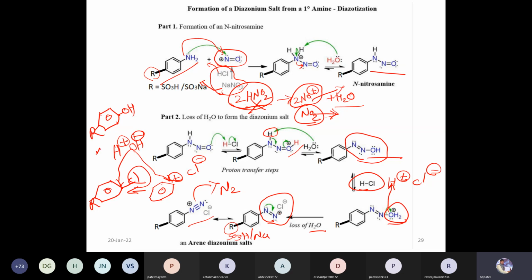To avoid all these issues, we have to maintain the temperature